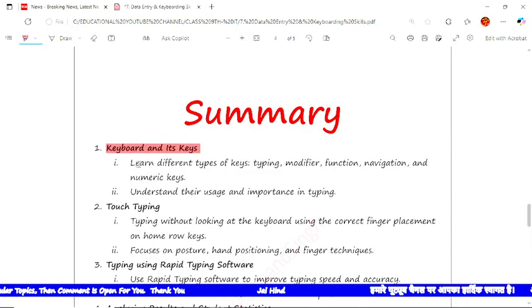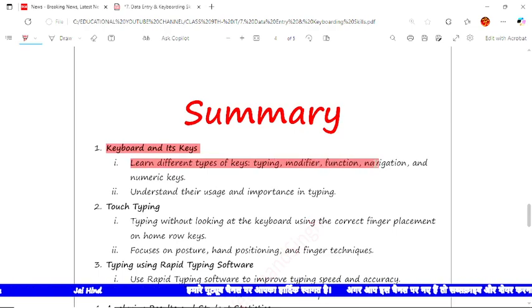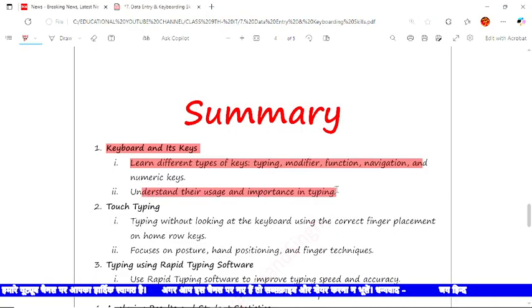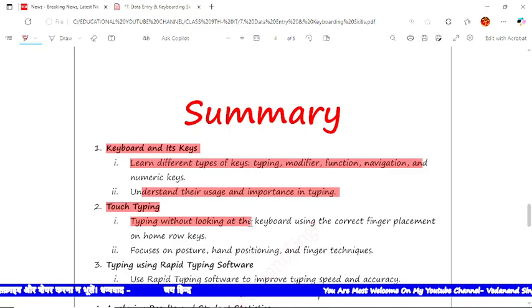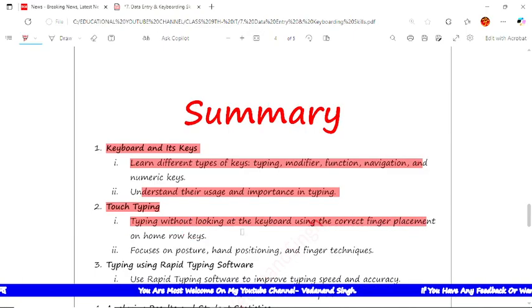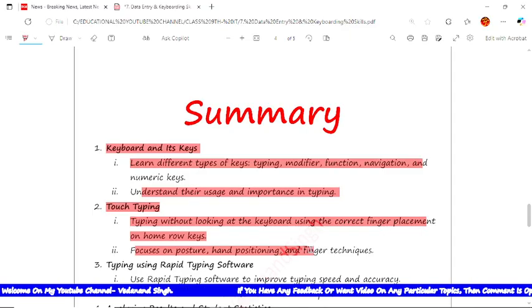Keyboard and its keys: learn different types of keys, typing keys, modifier keys, function keys, navigation keys and numeric keys, and their use in improving typing speed. Next is touch typing: typing without looking at the keyboard, using correct finger placement on home row keys, focusing on posture, hand positioning and finger techniques.